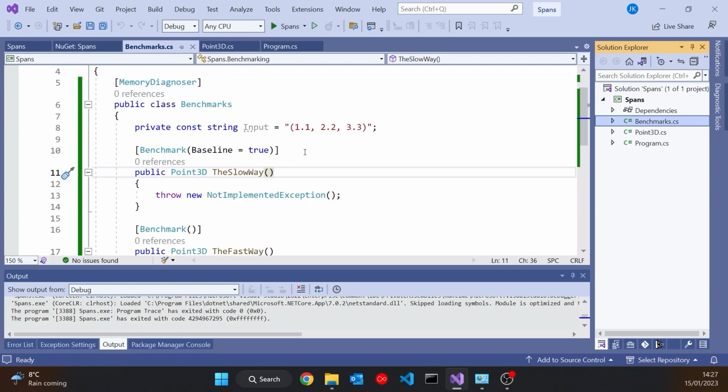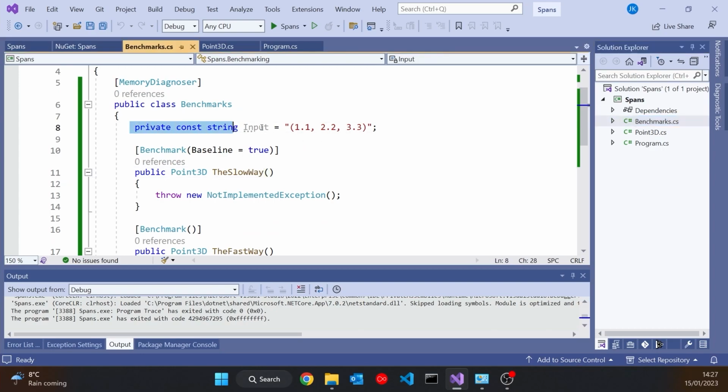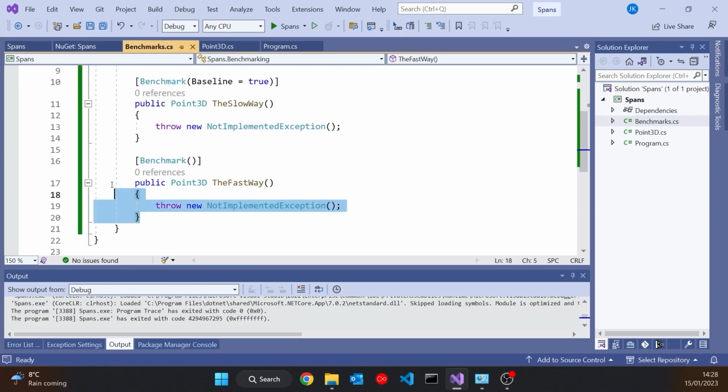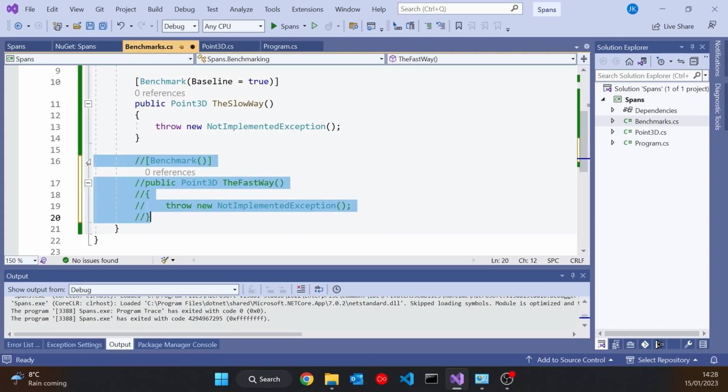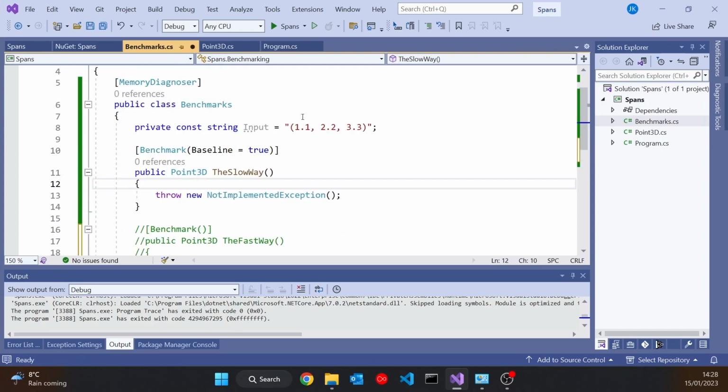What I've got in here is this benchmarking, and there I've got my input string, and I'll comment that one out for now because we're not going to have that one yet. I'm going to benchmark the slow way, and the way we simply do that is we say return and then point3d dot parse of that input.